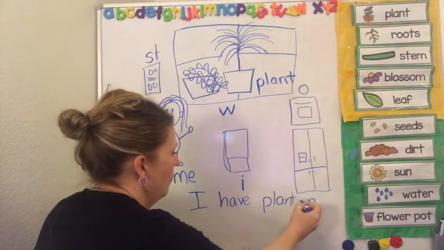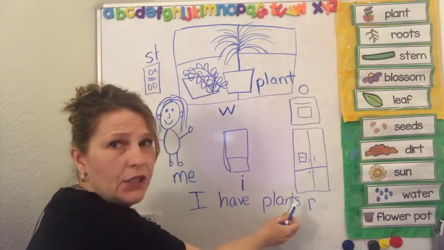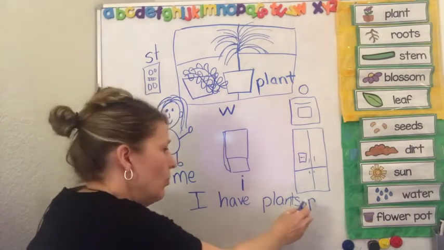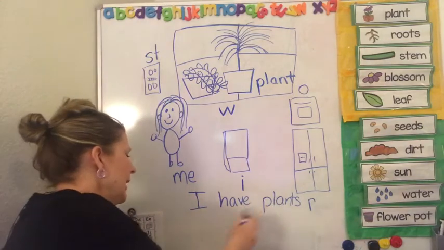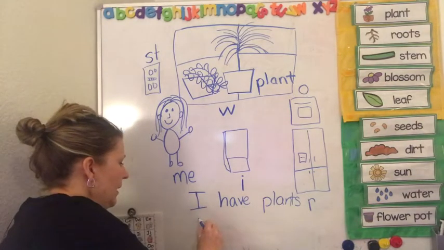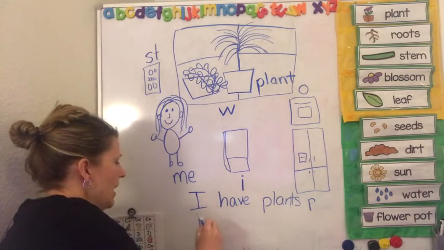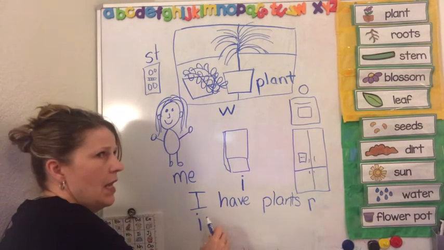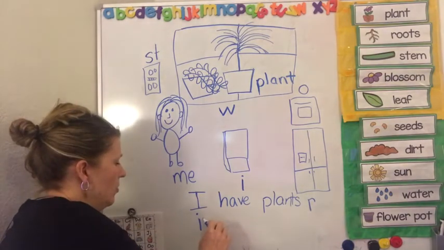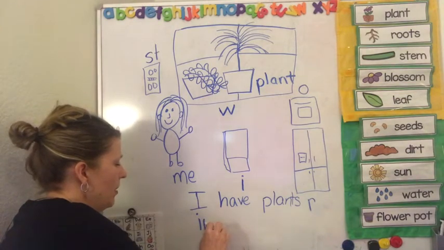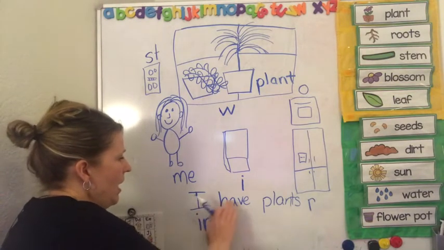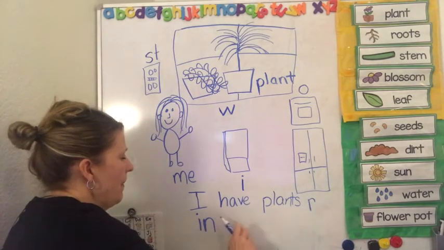Plants. Uh-oh, I've run out of room. What do I need to do? You're right. Return sweep. I have plants in. Touch, pull down. That's an I. Dot on top. In. Nose and nickel and net. A touch, pull down. Back up. Hump over and down. I have plants in my